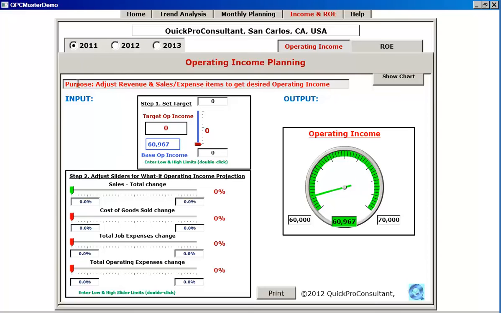Under the Input side of the field, note in the Step 1 panel that initially the slider bar arrow is set at 0 as the 2012 operating income target. The red 2012 target number and the blue 2011 base number are displayed in the boxes in the Step 1